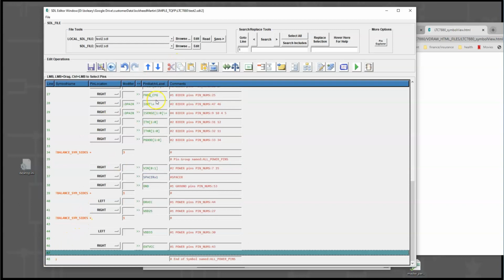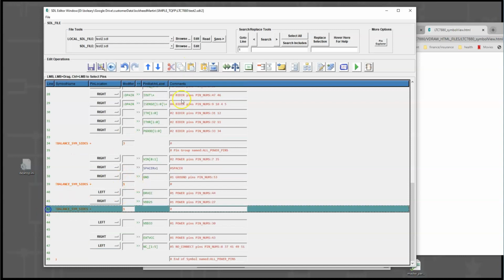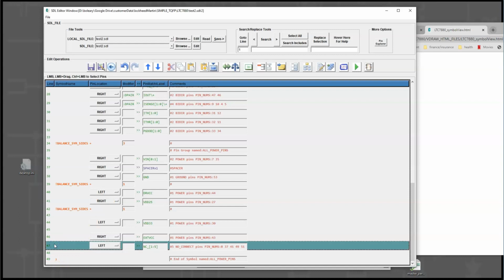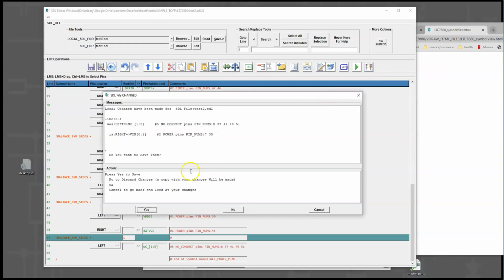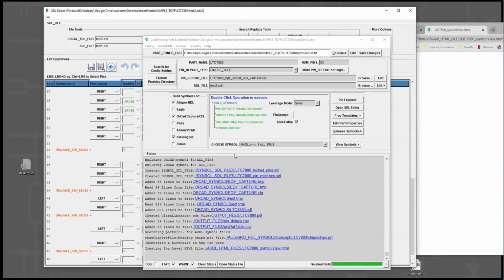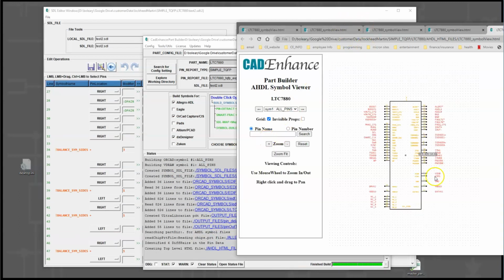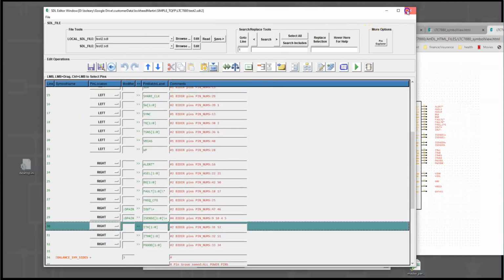and paste it, and put another balance symbol sides in there. I can copy that to separate them. And now the NC pins will be on the left and the bottom if we run it. That says we changed it. And here you can see the NC pins and the power pins are here. So that's a quick way of just dancing around in the SDL editor